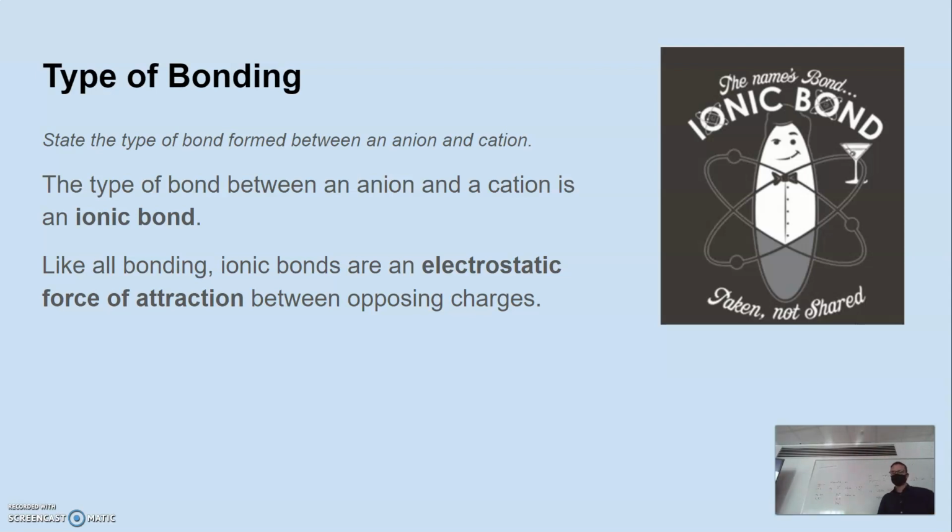Let's break down the word. What does static mean? Static sort of means still, stillness. So stasis means still. Electro refers to electrons or charge, really. So in the case of ionic bonding, it's the